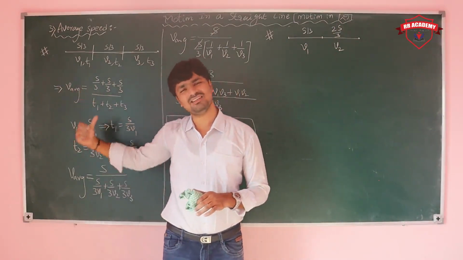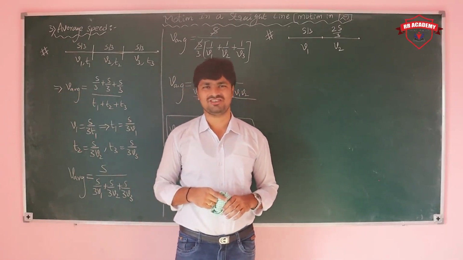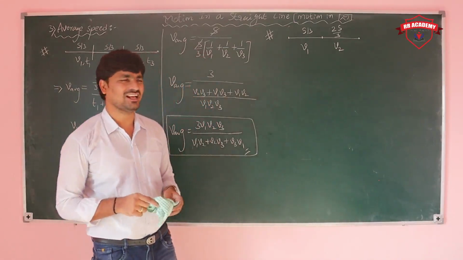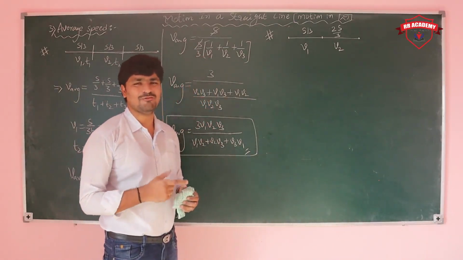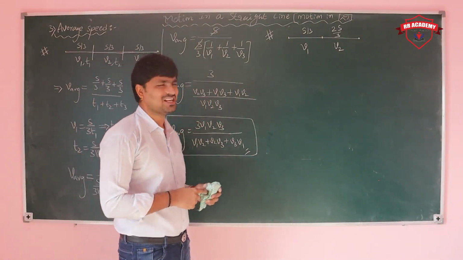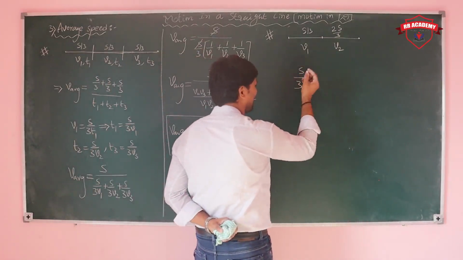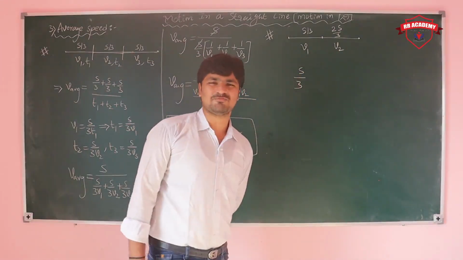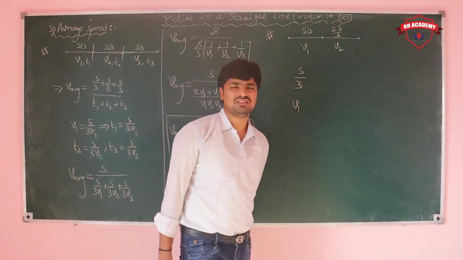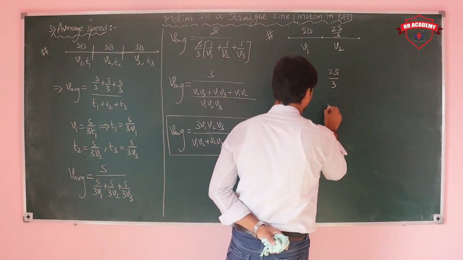So you can apply the same process, but time is going to waste. That's why here I am giving a shortcut that can be helpful to you to solve the problem in less than 1 minute. See here, how much distance is traveled? S by 3 with what speed? V1. Next, how much is the remaining distance? 2S by 3